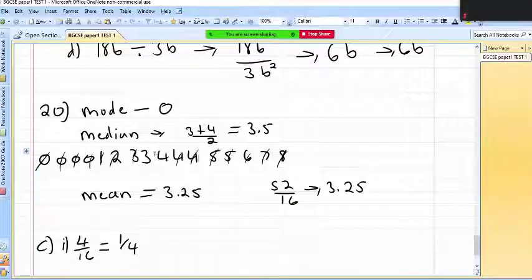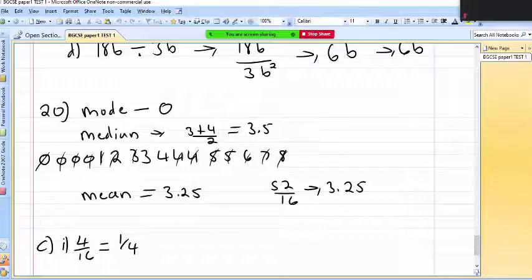then I would cancel the 3 and the 4, and then my median would be 3. But in this case, there's no other number here. I have 3 and 4, so therefore I have to add those two together and divide by 2. And that's how you find your median in this case, which will be 3.5.